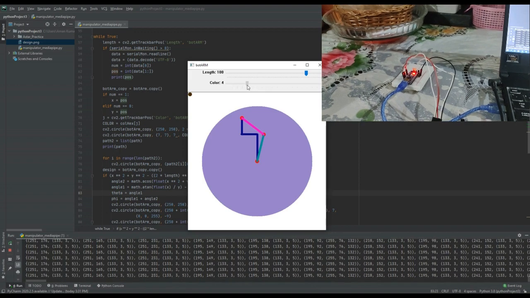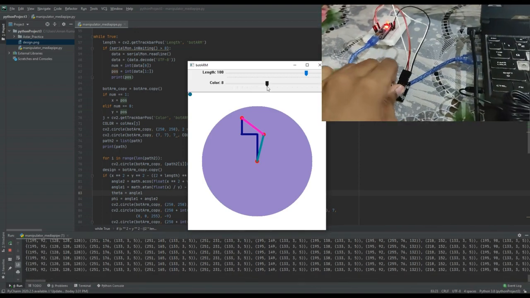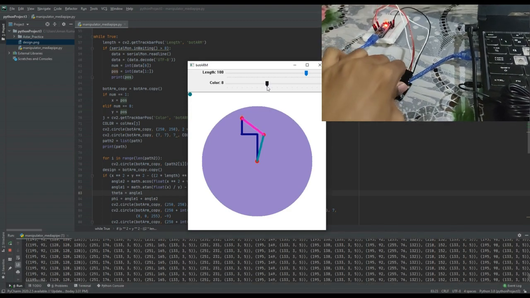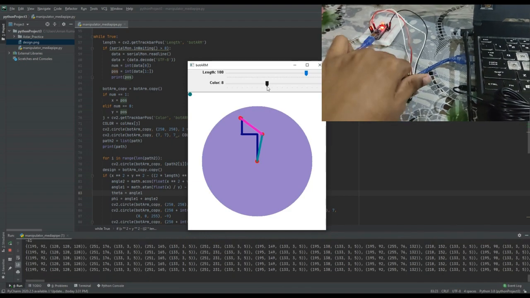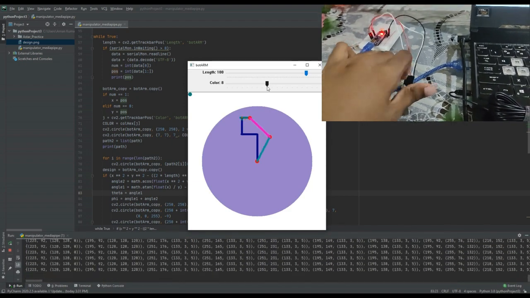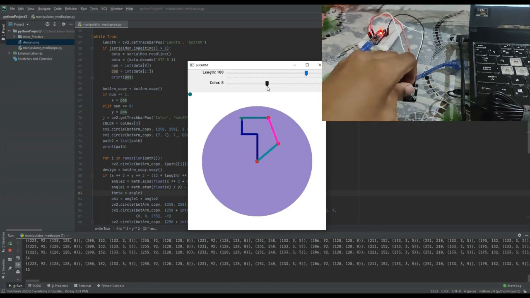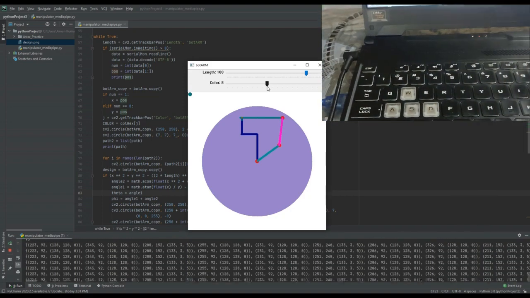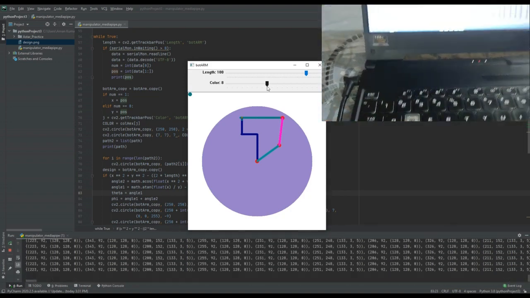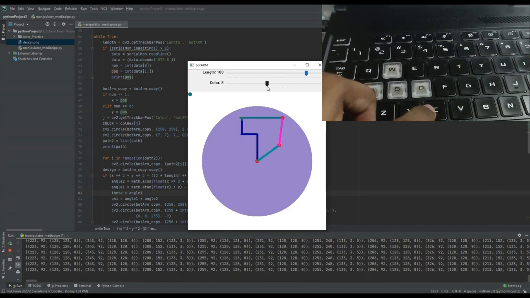And I can also change the color of the pattern which is being made. And again, let me just rotate it. Yep. So as you can see, I can again see a new color pattern being made. If I want, I can also save this pattern. So I just have to press S and it will save the design that I have made. And I can also press C to clear all the design that I've already made.